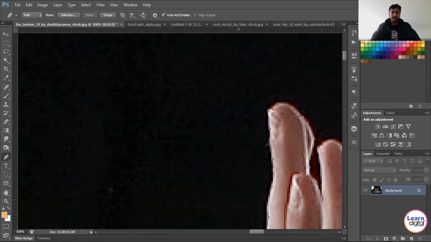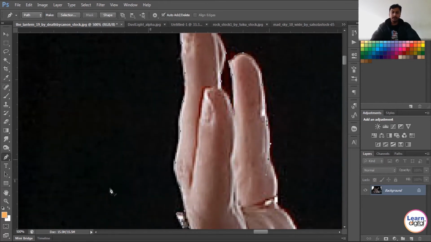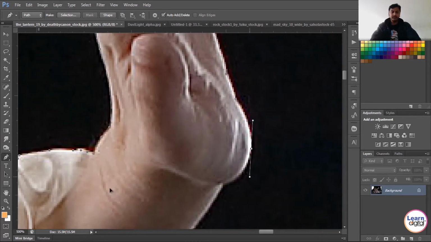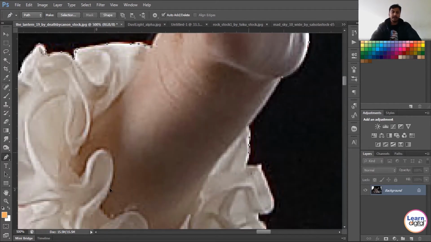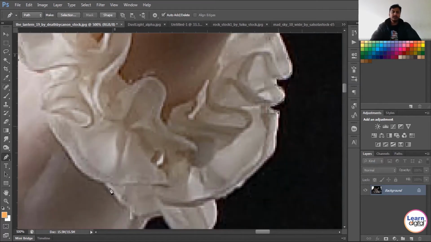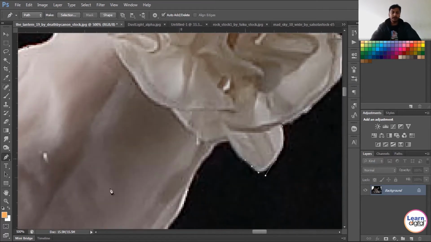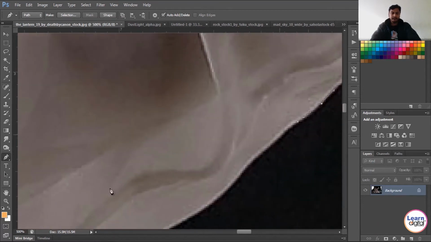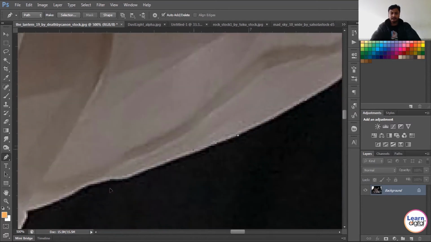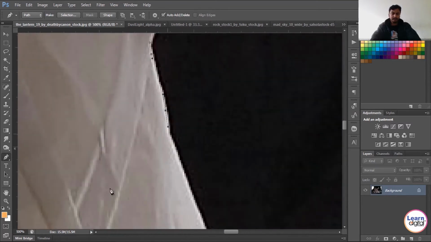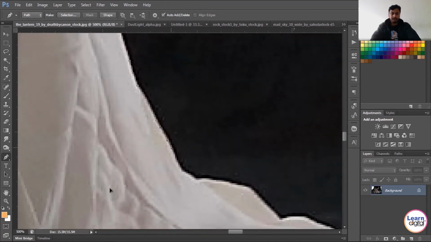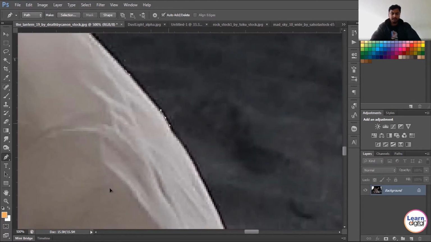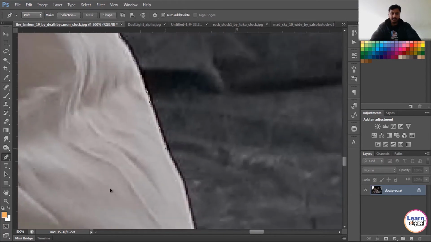Whenever you are extracting any images, make sure that you are at 300 to 400% zoom level. In the left bottom, you can see currently I'm at 500% zoom. If it is 300 to 400%, when you zoom out and fit to screen at 100%, it will give you a proper output. Otherwise it will take a lot more time to select. I'm selecting very quickly and very fast.